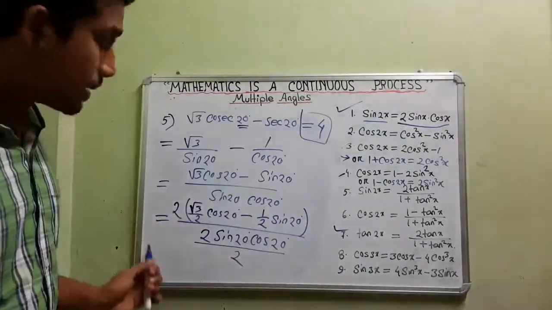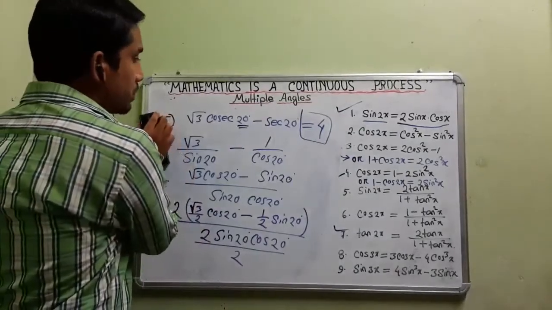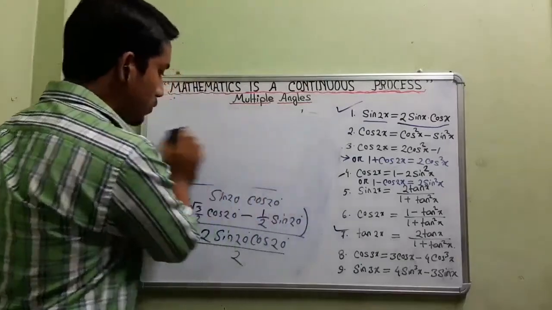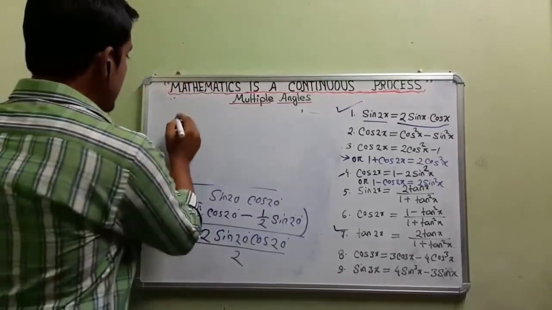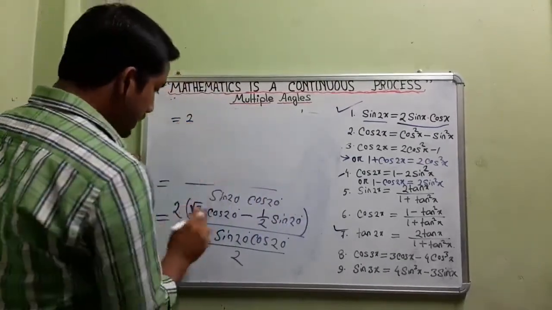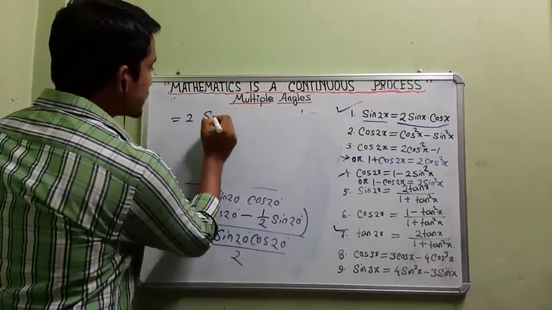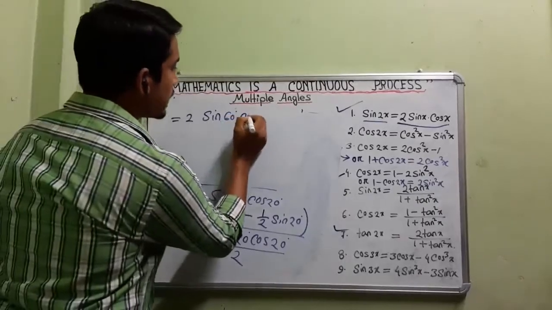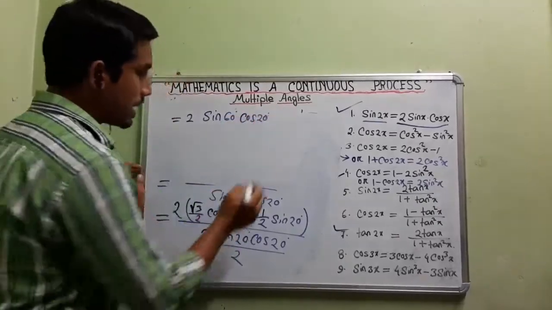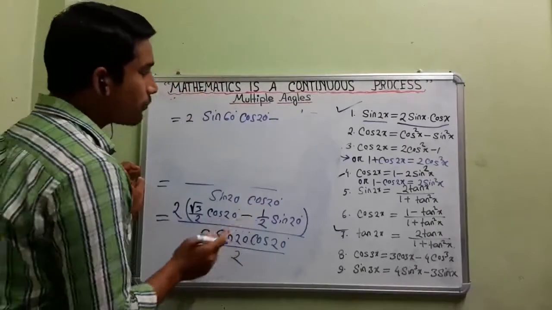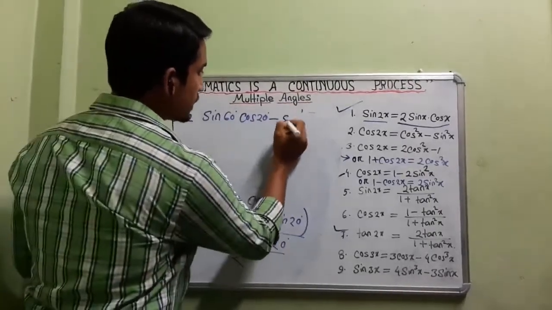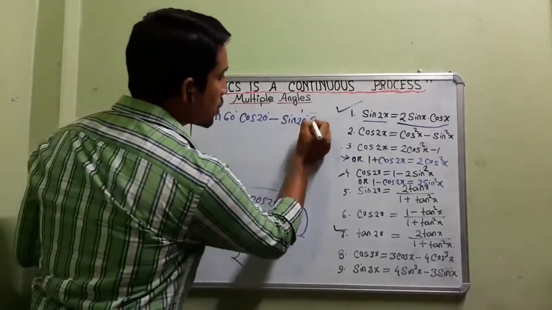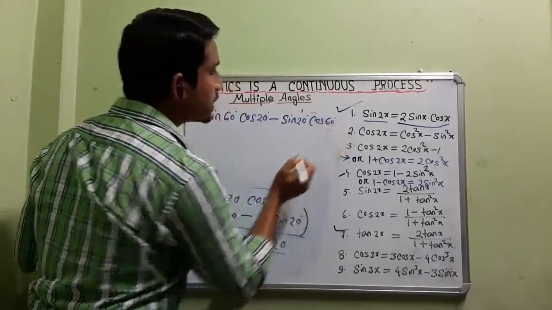Let us go to the next step. Let me rub this part. We are supposed to prove 4, we should get 4. So let us calculate. In the numerator, root 3 by 2 can be written as sine 60 degree, obviously, and there is cos 20 degrees, minus again half can be written as, let me write half later, sine 20 into half can be written as cos 60 degree. You see, cos 60 degree value is half.